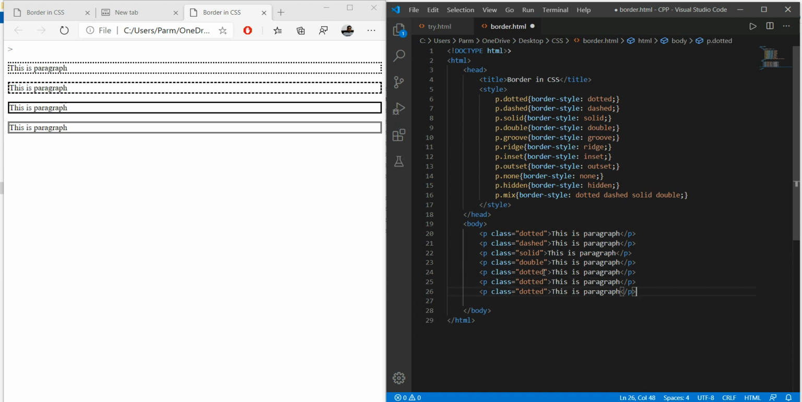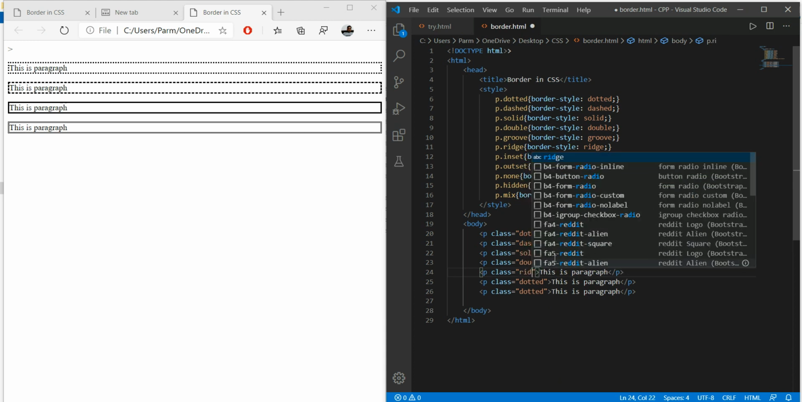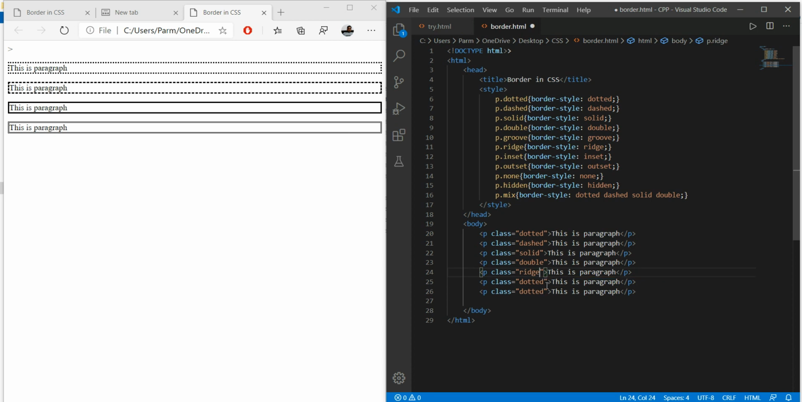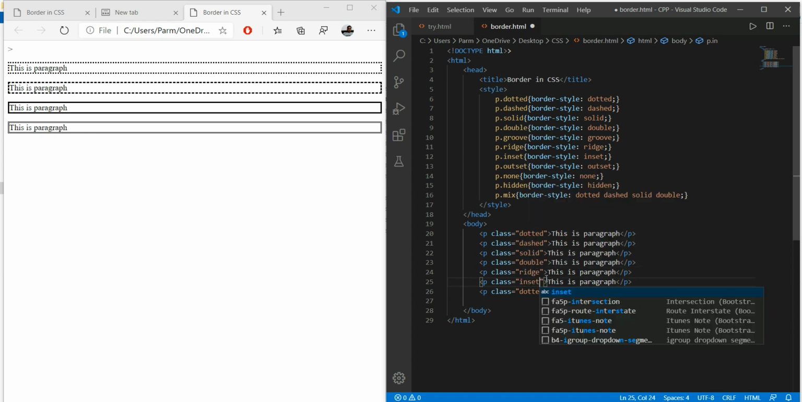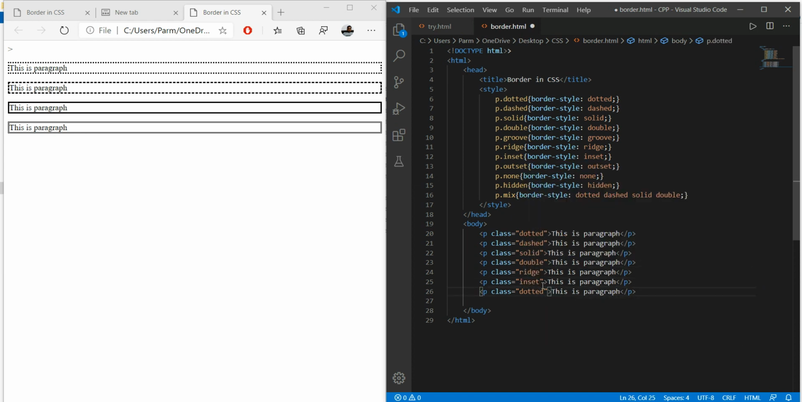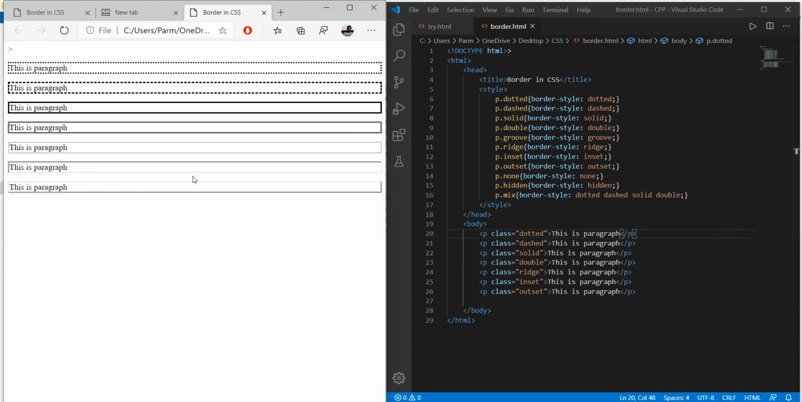Have we used class say reach? Have we used class say inset? Have we used class offset? Control save this. Now look at this. This is inset, this is offset. Okay, then we are left with